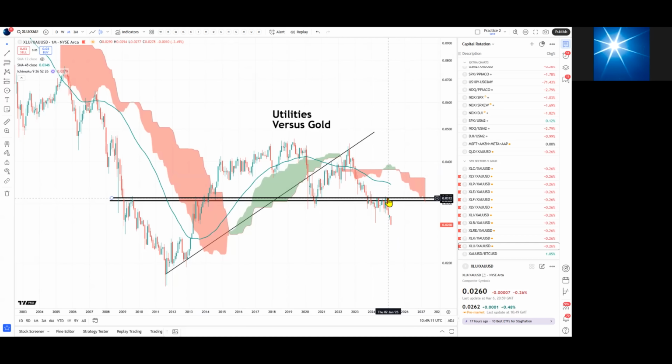Everything is breaking down versus gold, and this is the classic sign of a gold bull era that you move into when a capital rotation event takes place. This capital rotation process has been ongoing for years. As you can see, the whole breakdown process: we broke down on this chart, for example, then we bounced off support and we back tested, and then we broke down again. It's all a process. It doesn't happen overnight.